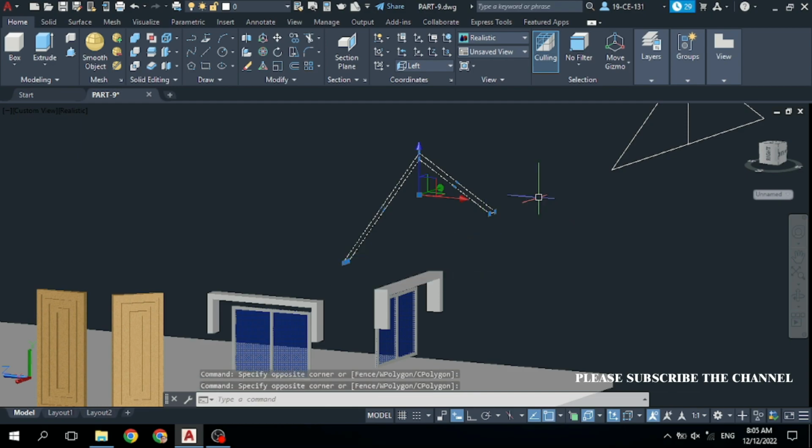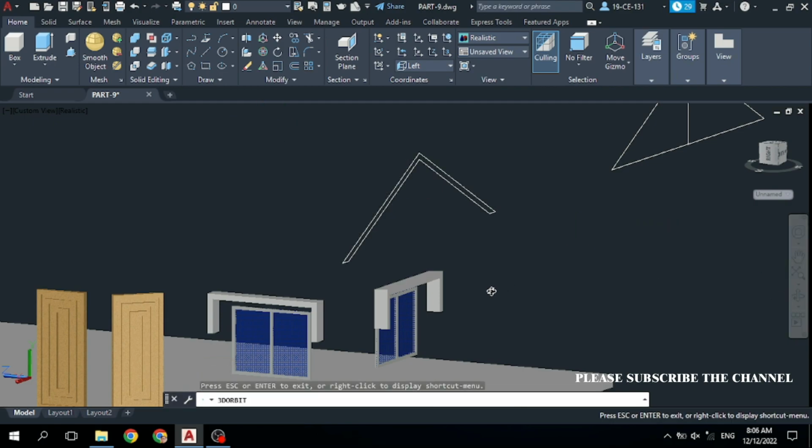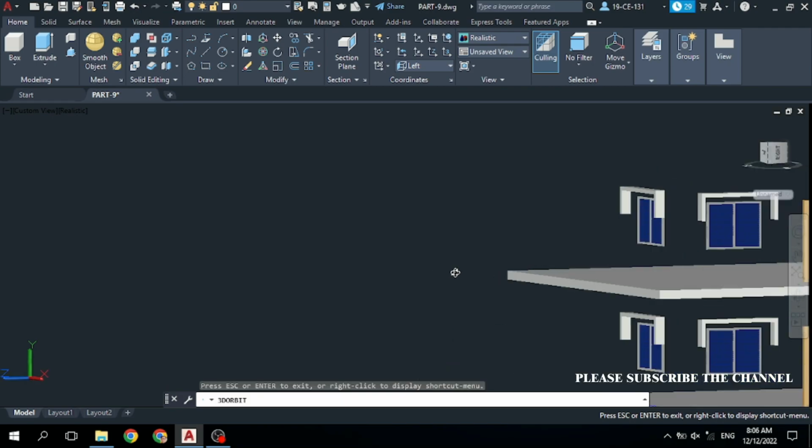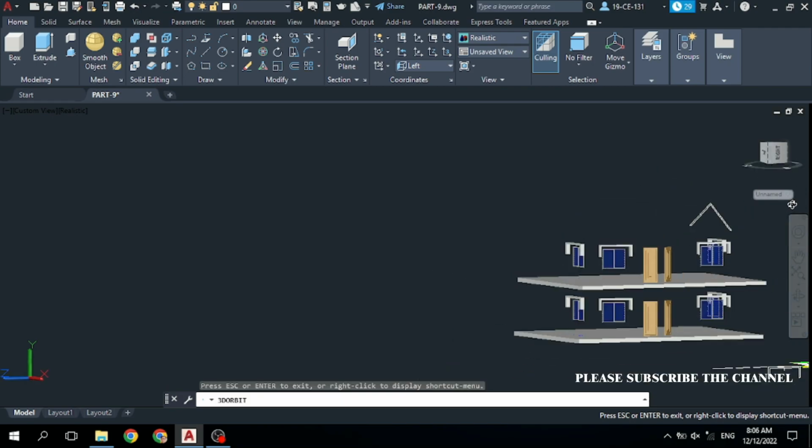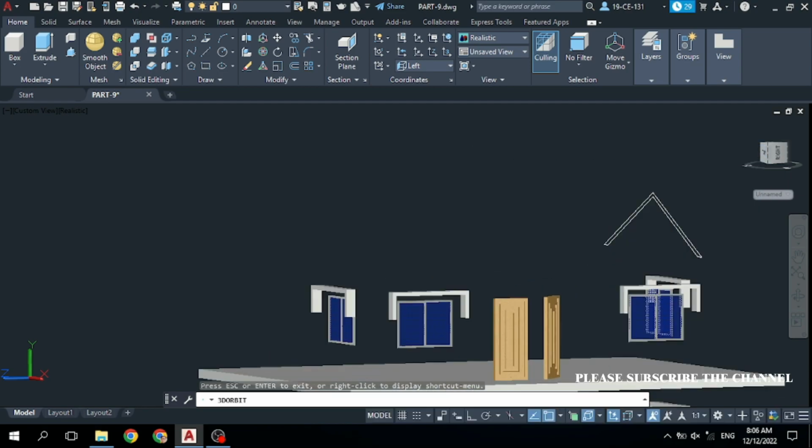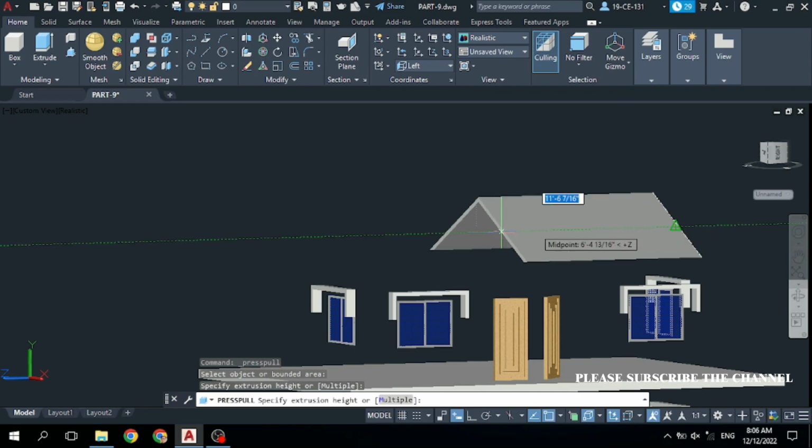select all of them and join. For that, type join and click on join to join them. Now you can see they are selected as one object. And after that, rotate it and click on press pull command, and select this object and come to this side, type 15 feet